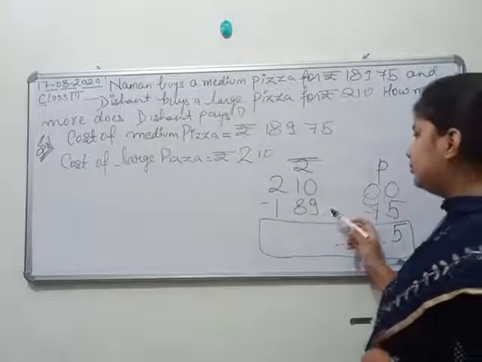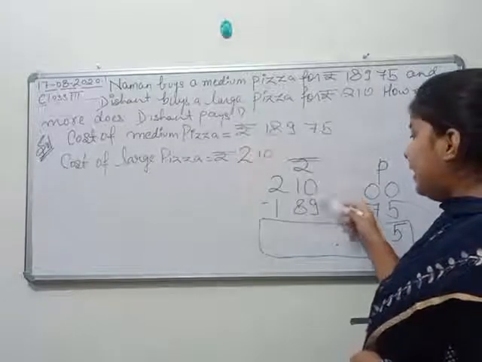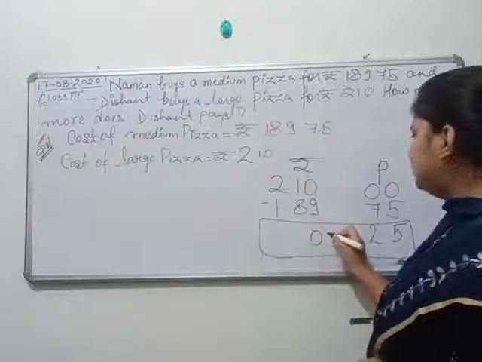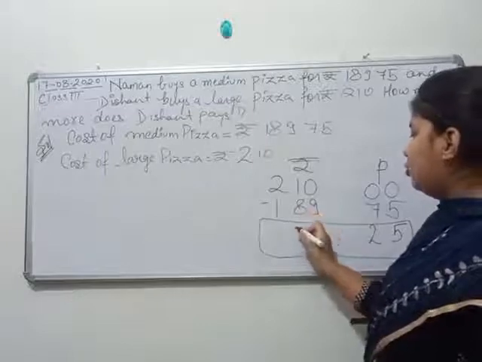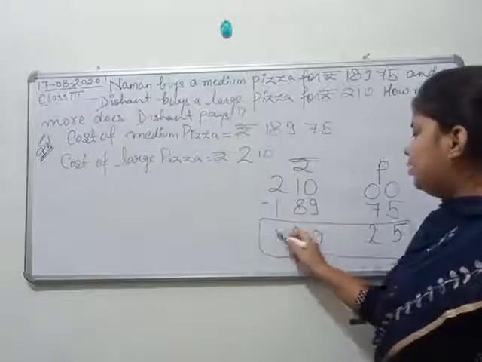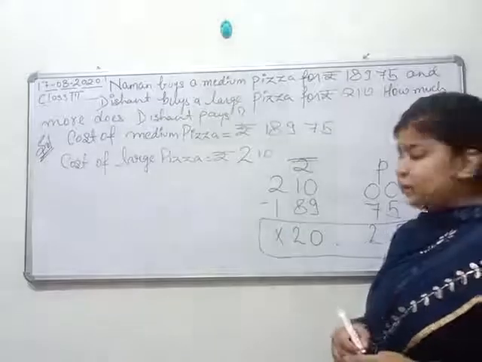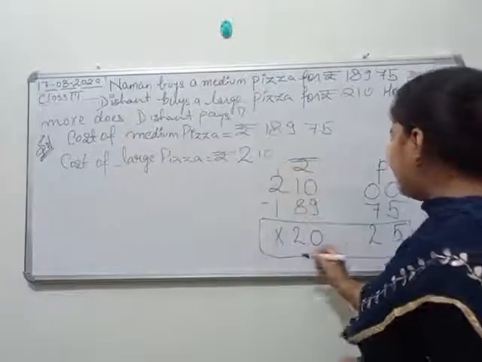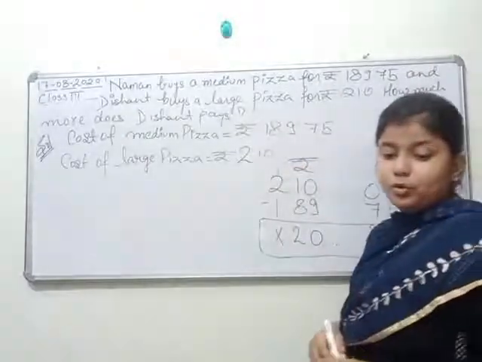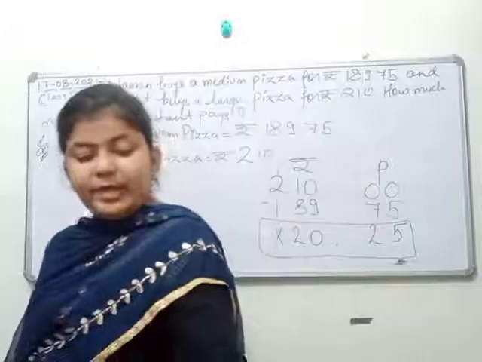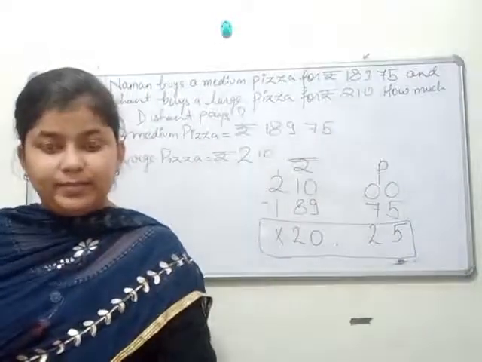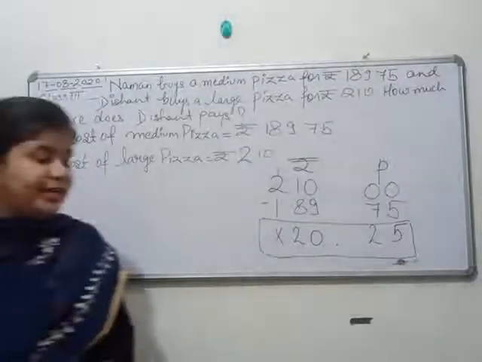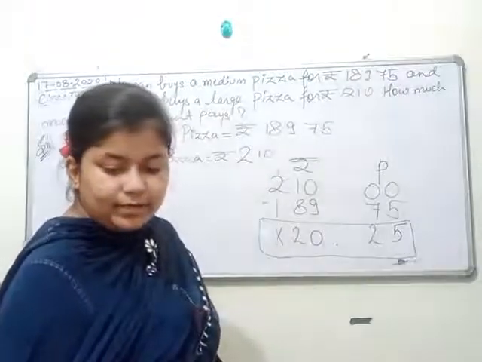Next, this will be 9. 9 minus 9 we will get 0. 2 and cross. 1 minus 1, 0. Why will it become 1? Because it has given a carry to all of them. So this will become 1 and 1 minus 1 will become 0. So now our answer will be 20 rupees and 25 paise. Okay, this will be our answer.